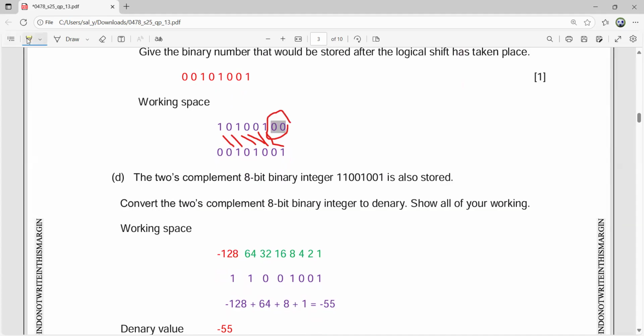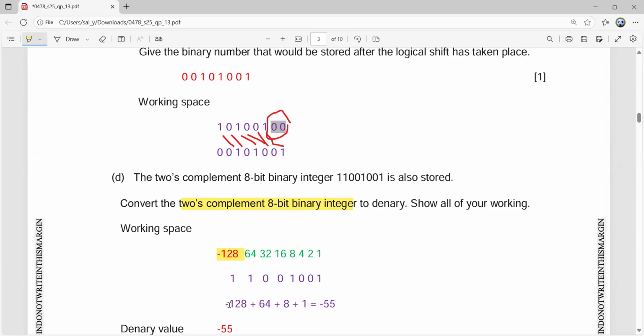Do not forget that whenever it's 2's complement, it means that the first change that you need to bring in is converting this 128 to minus 128, and that is done with a different color to make you remember also. The rest of the bits remain the same, like 1, 2, 4, 8, 16, 32, 64, but this 128 becomes minus 128. And you simply put the values below: 1, 1, 0, 0, 1, 0, 0, 1.